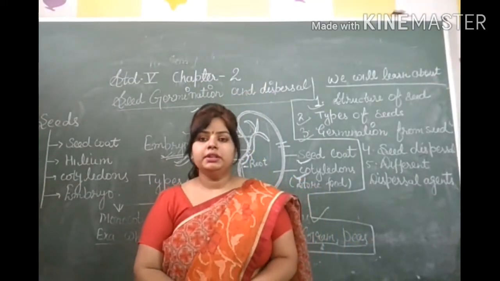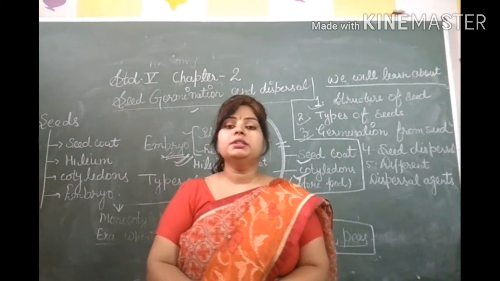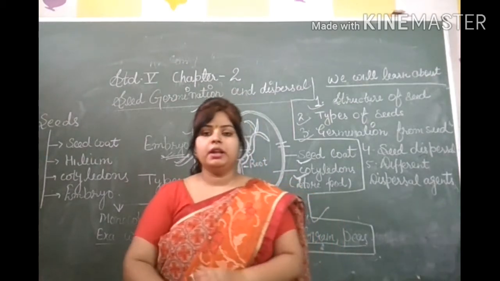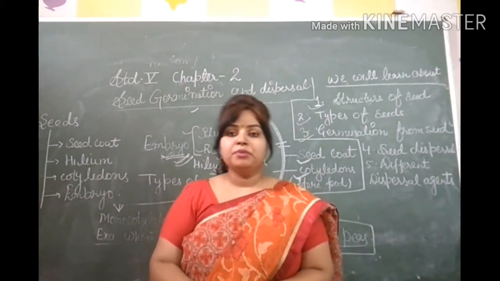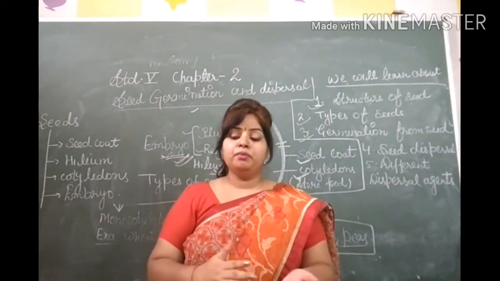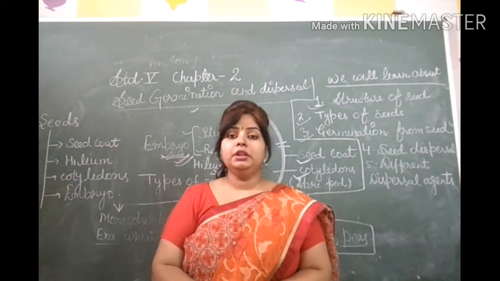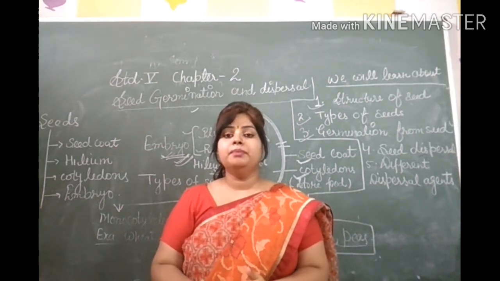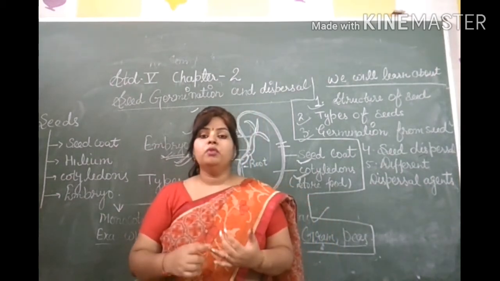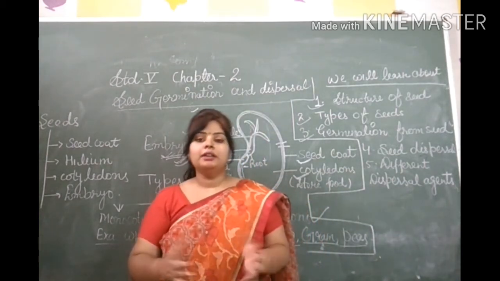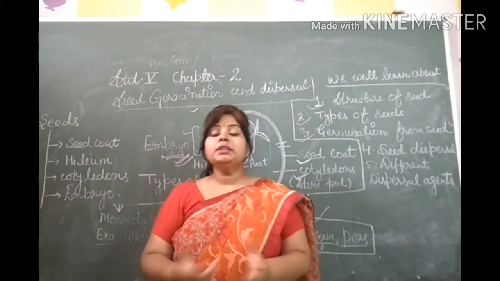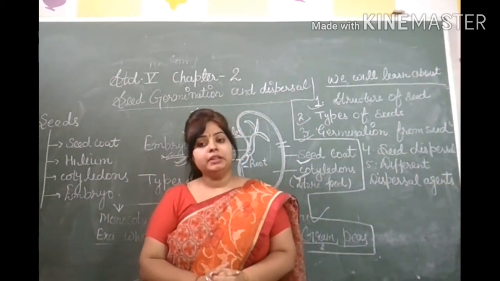Now, dear children, the next topic is the activity in your book. The activity is to identify the seeds. For completing this activity, you need some different types of seeds, water, a container and a muslin cloth. Now, let's start the activity. What is the procedure of this activity?